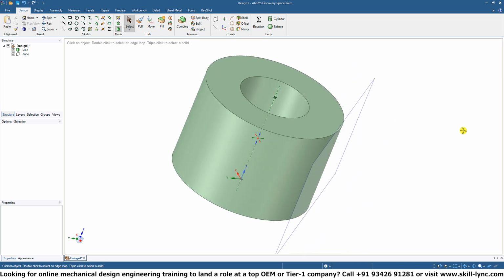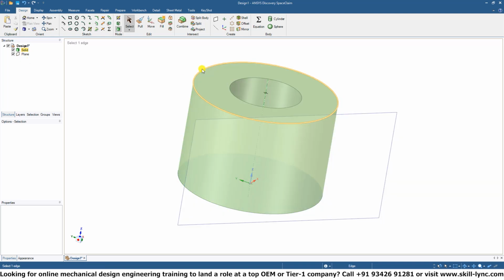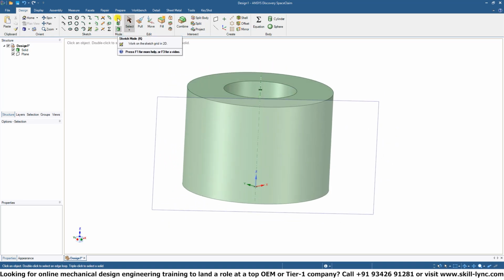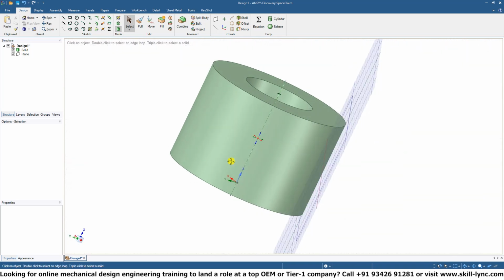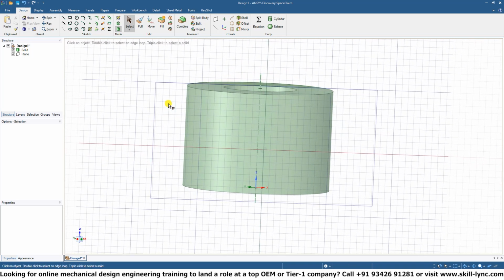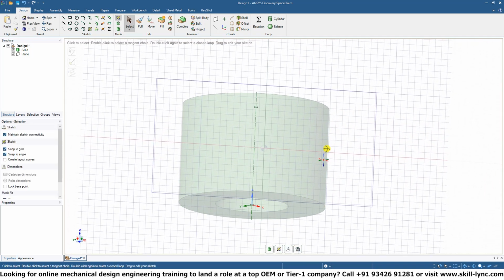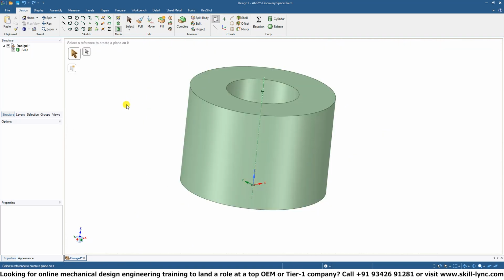Again, please note how all of the actions that we do are reflected in the structure tree on the left-hand side. So once we added the plane, it also appears here on the structure tree. If we go back into sketch mode, you can see that now it lets us define our sketch plane to be this previously defined plane or newly defined plane that we've done. You can define it either by clicking it over here, or if you more so wish to, if you click on sketch